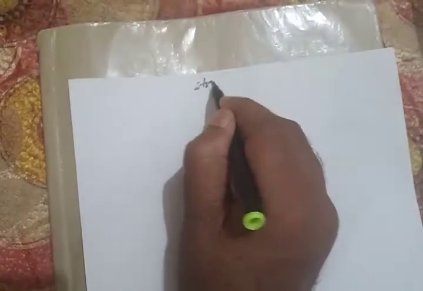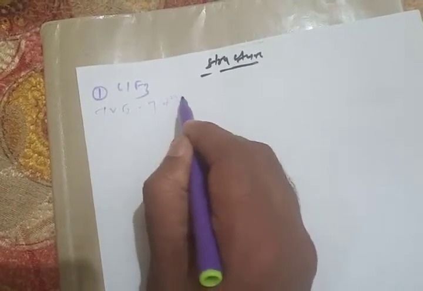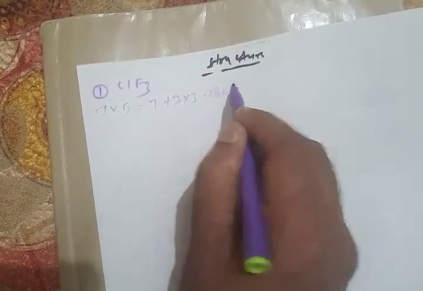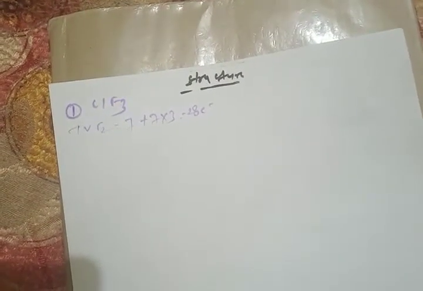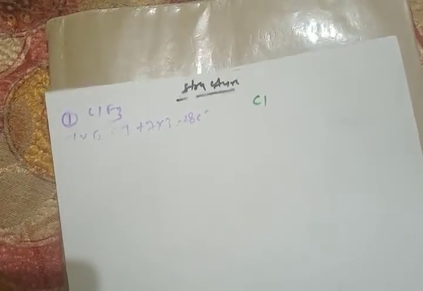So the structure is again very simple. I will draw the structure of a few of them. Okay, so the structure of interhalogen compounds. Let's start with the very first. Let's take the example of ClF3. I'm randomly taking the example. You can take any one. So again, the same formula. Total valence electrons: 7 for chlorine and 7 for each fluorine. This will give 28 electrons. Now what will happen in this case? Chlorine will be the central atom because chlorine is electropositive compared to fluorine.